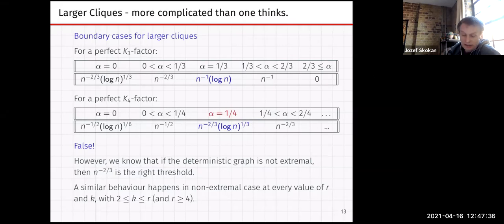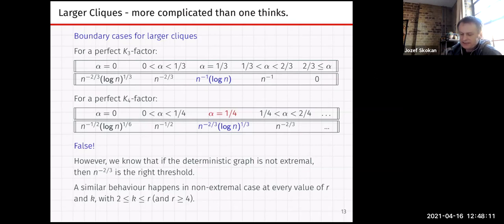However, shockingly, it turns out that this is not the right thing, which is bad and good, right? It's good in a sense that after this you might feel, okay, it will be easy, case closed. So this is still an exciting left open case. The bad news is that we still don't know what's happening, so it's kind of left open. Okay. So I will maybe show you why this is a false thing. But what again turns out is that